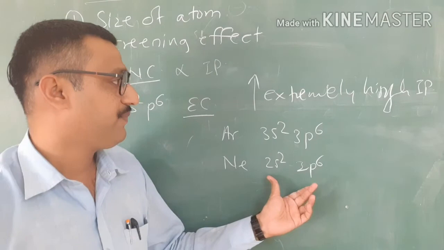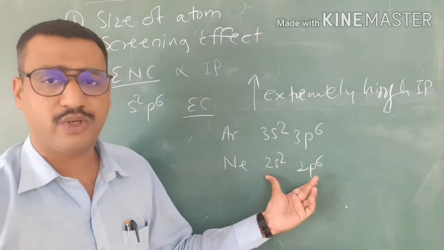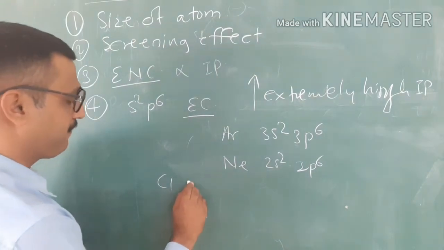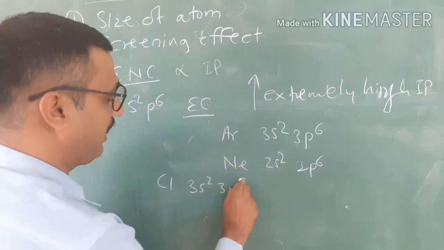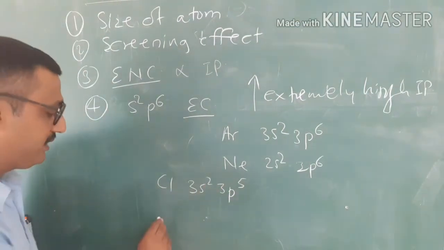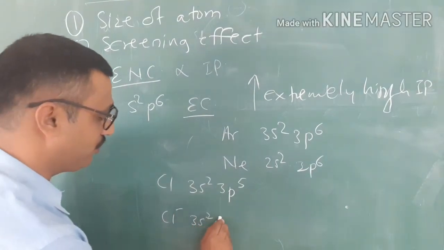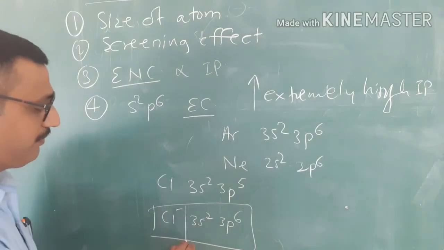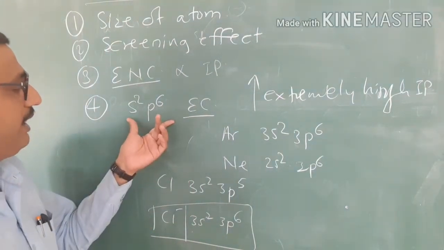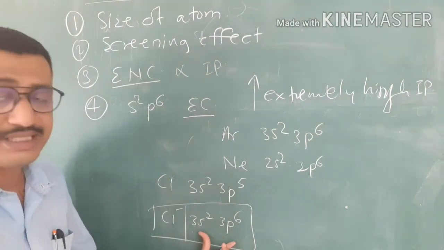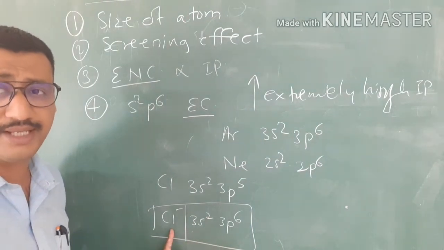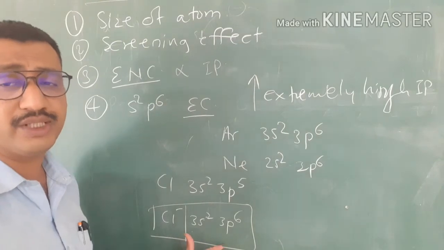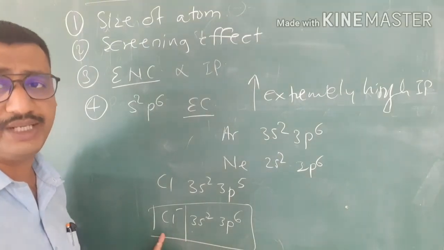So wherever we find such an electronic configuration, for example, the chlorine electronic configuration is 3s2 3p5, I am talking about the outer shell, and when we talk about Cl minus it is 3s2 3p6. So 3s2 3p6, that is the general format, ns2 np6. So the s2p6 type of electronic configuration is that of the chloride ion. So here also it is very difficult to take out the electron. The ionization potential value for the chloride ion is also very high.